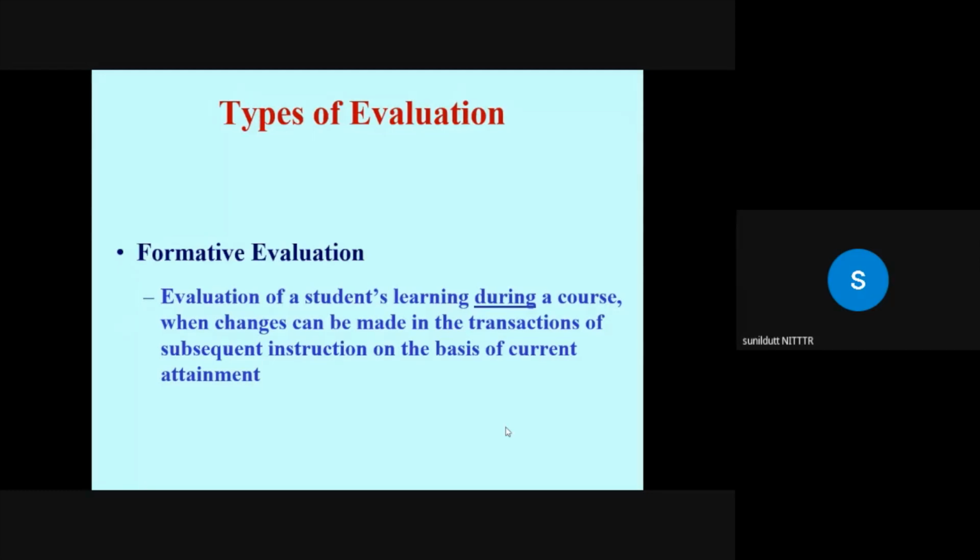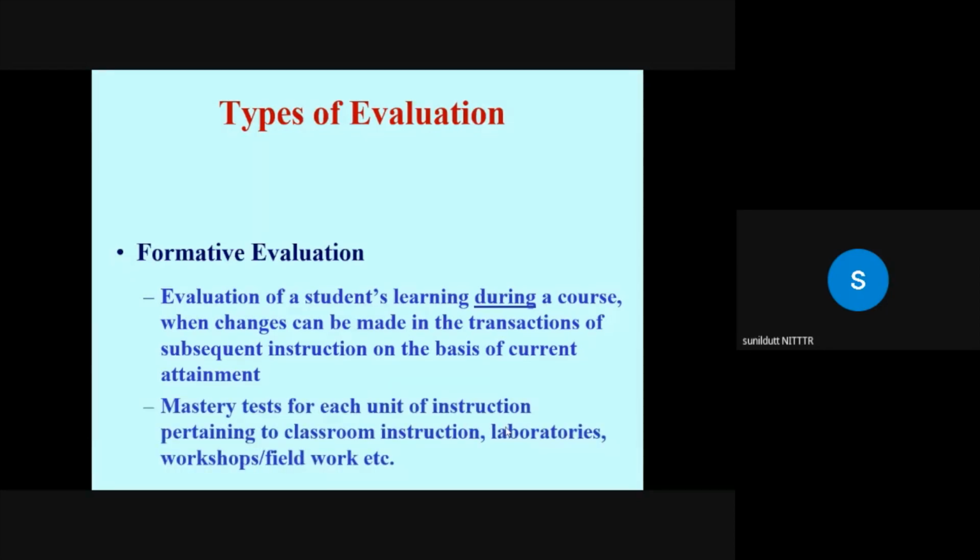So on the basis of its results, the teacher can modify the instruction to best meet the students' needs or their learning styles. So the teacher can review the content matter and its presentation. He can also determine which portion requires further elaboration or discussion. And for formative evaluation, you can